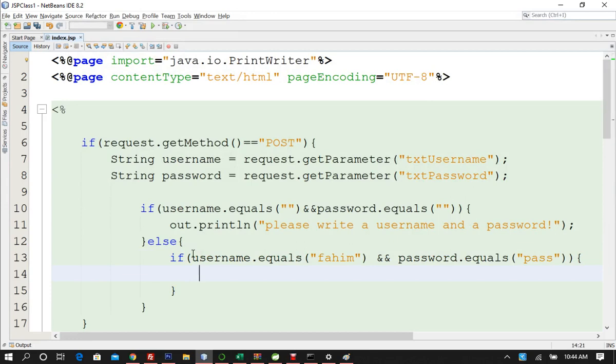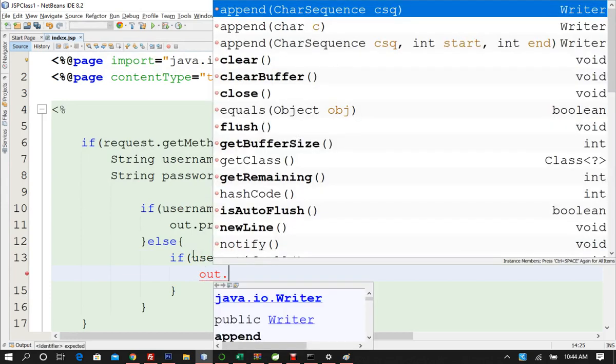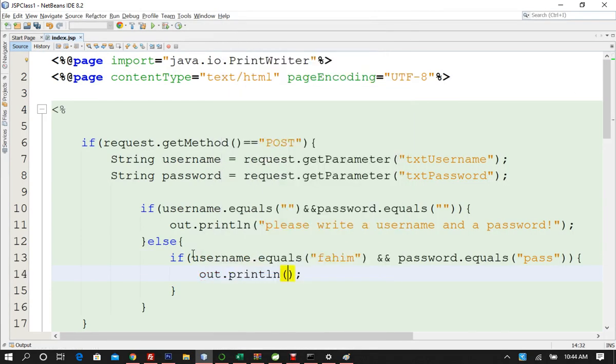So I'll say out dot println logged in, right? And then go here and type else out dot